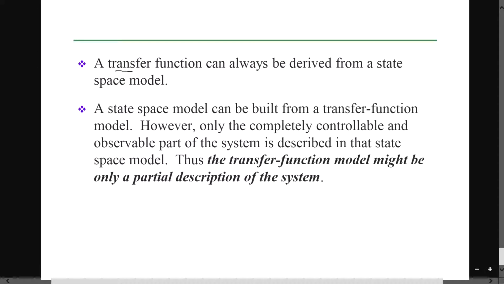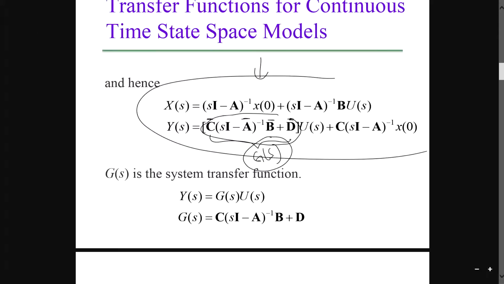And the transfer function can always be derived from the state space model. We have proved to you that from here, your transfer function is equal to this expression over here. If you know your A, B, C and D, you can straight away compute your transfer function. Same thing if you have C bar, A bar, B bar and D bar: it's a similarity transformation, you'll still get another form of the transfer function, but in a similar way. That's just the meaning of it.